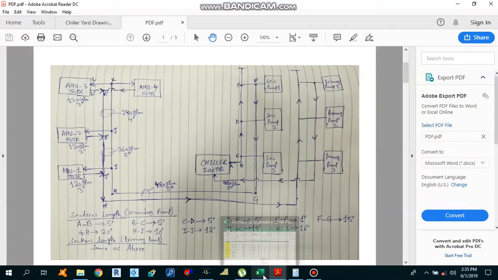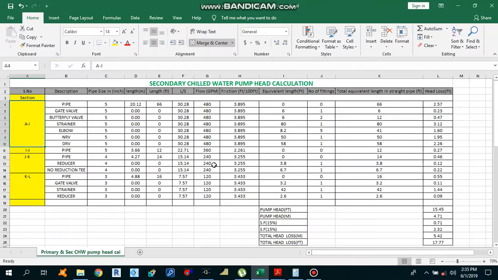So let's move back to our Excel sheet to start pump head calculations. As you can see, I have divided the piping into different sections: A to I, I to J, J to K, and then K to L. Why did I write from A to I directly? Because